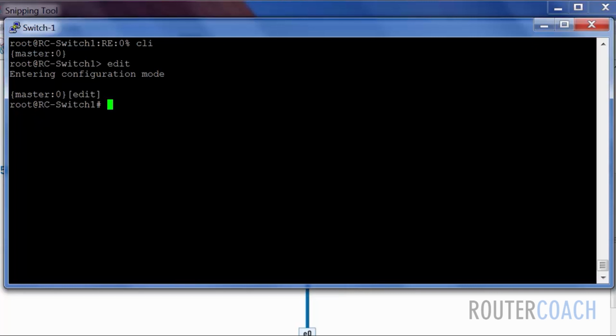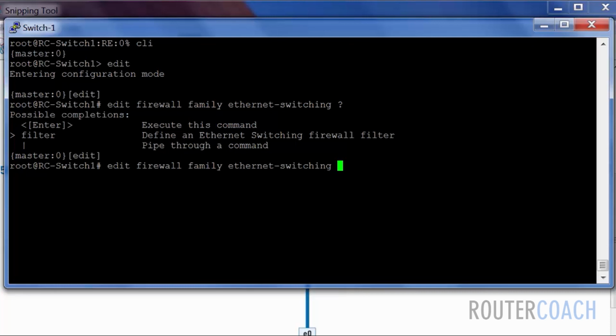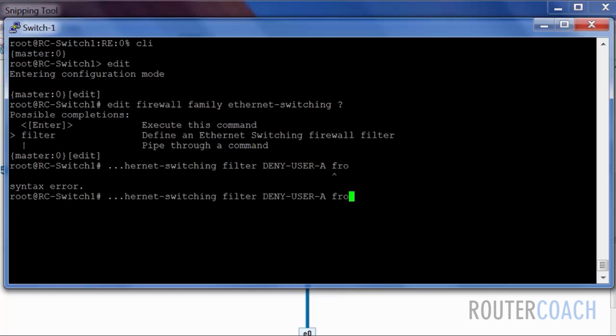And how we're going to do that, we're going to set up a firewall filter. If I say edit firewall filter for the family Ethernet switching, and the name of the filter is deny user A. From, we need to set a term. Now the term can be a name or a number. Let's do a name at first. So term no access,